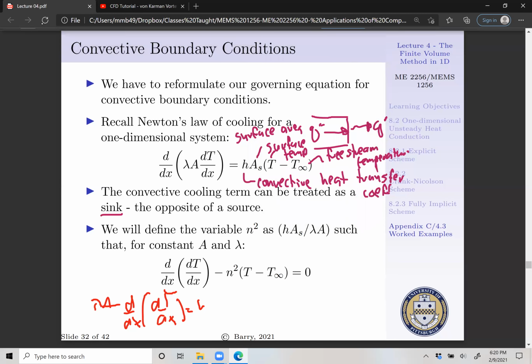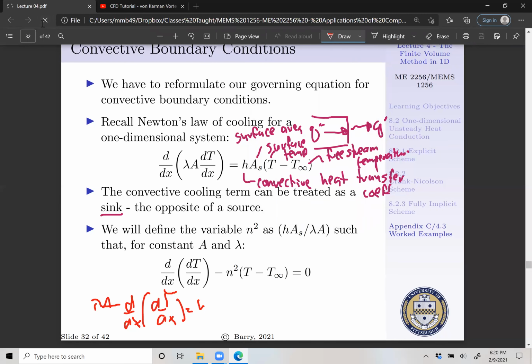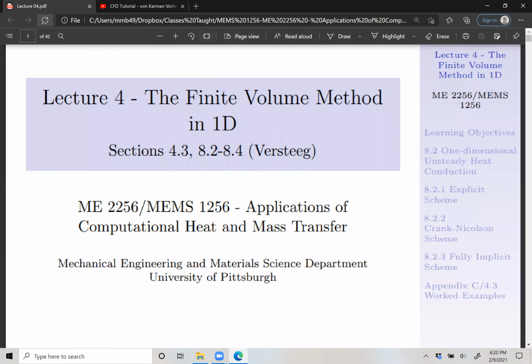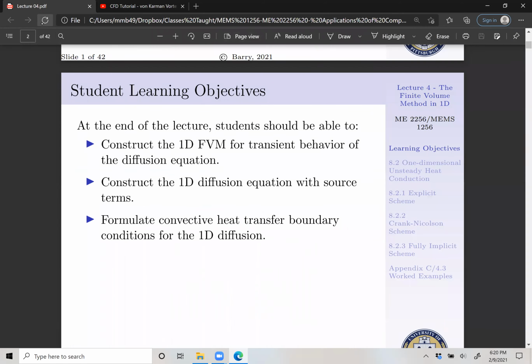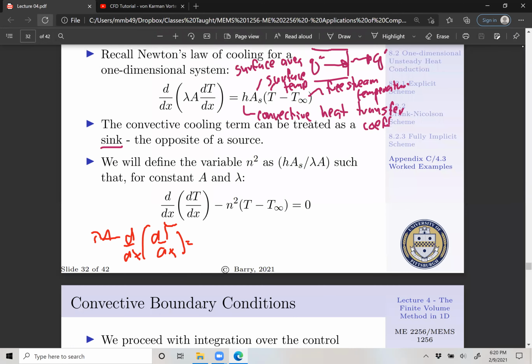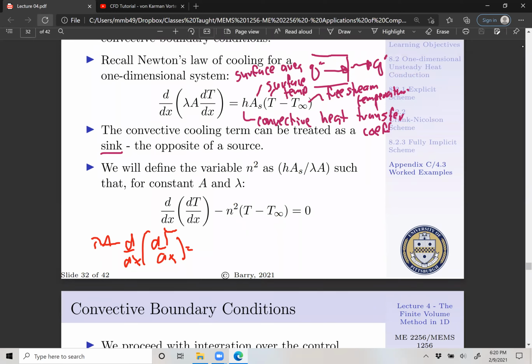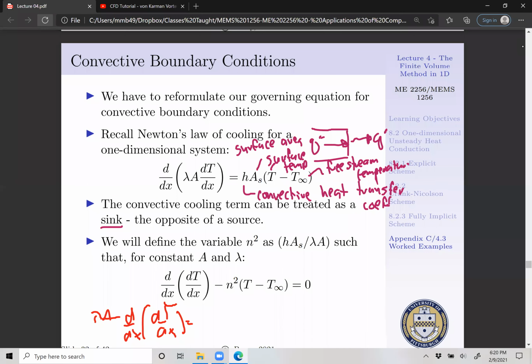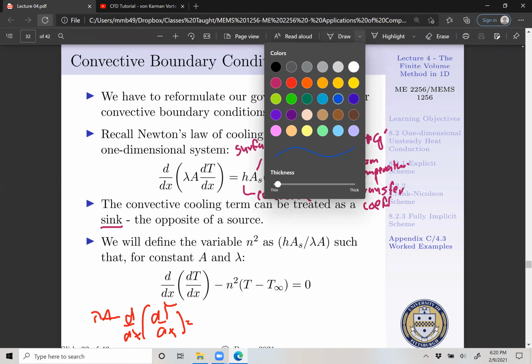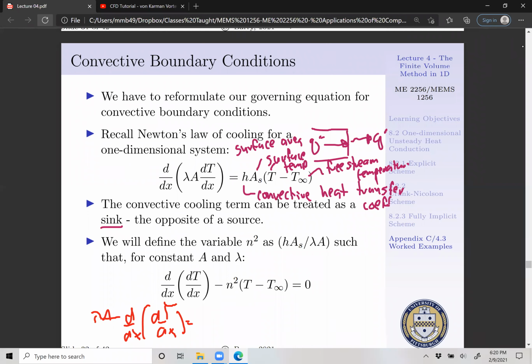We'll have lambda A, they're constants, they're going to come outside, or once you apply that product rule many times over, you realize they just hang on the outside. hAS (T minus T infinite). So what we're going to do is take lambda A